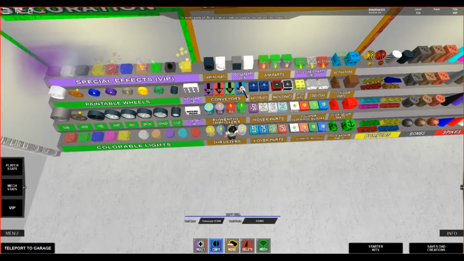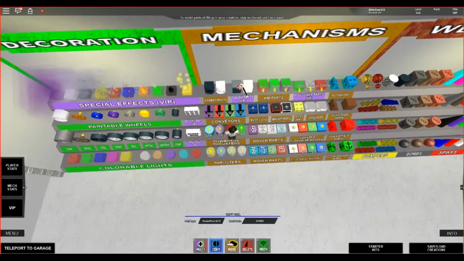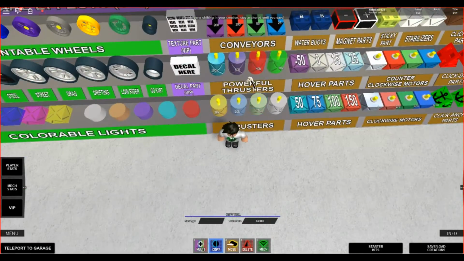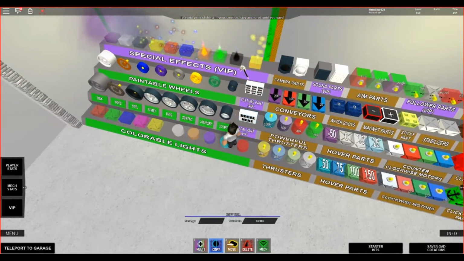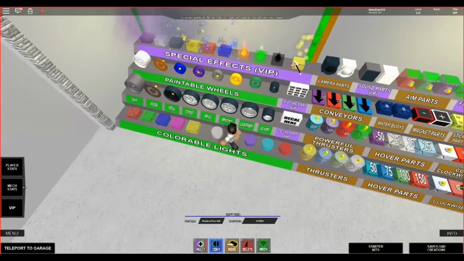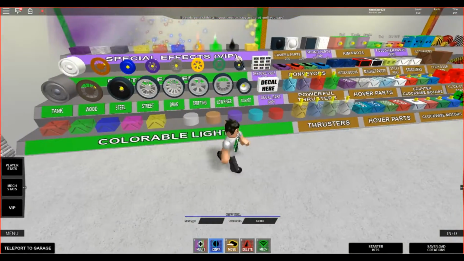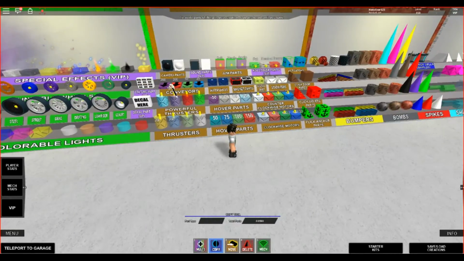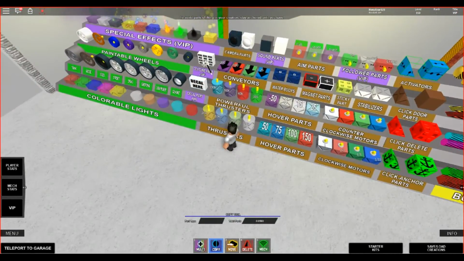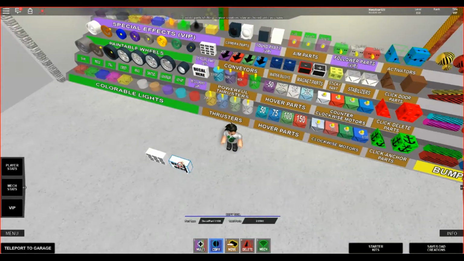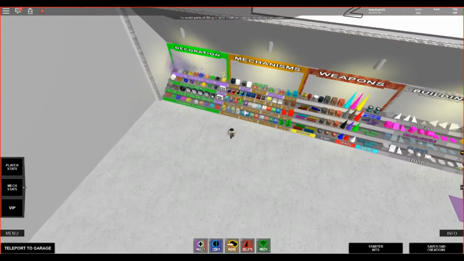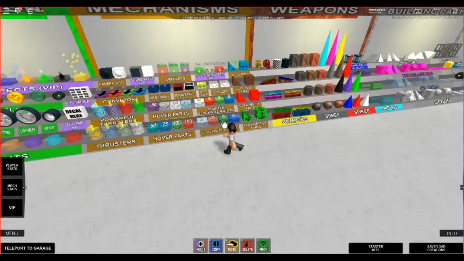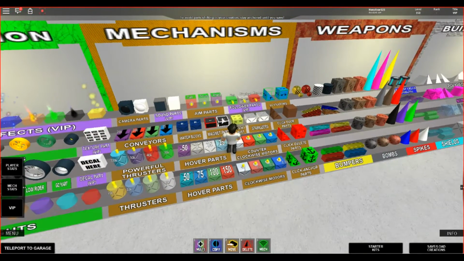These conveyor parts are all keybindable. Thrusters are as well. So that is most of the mechanisms. I'm not sure whether or not the texture parts are keybindable, or the particle effects, I don't think would be keybindable. Let's try the texture and decal. Honestly, I'm just exploring here. No, okay, so the only things that are keybindable are in the mechanisms place, and